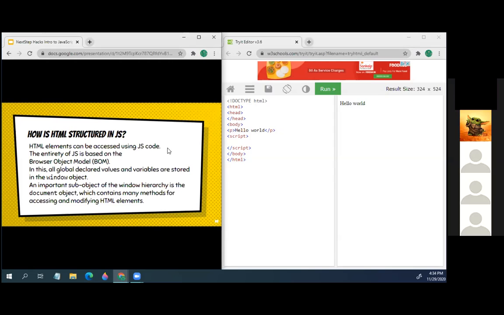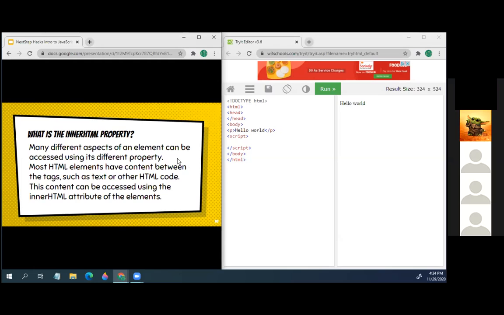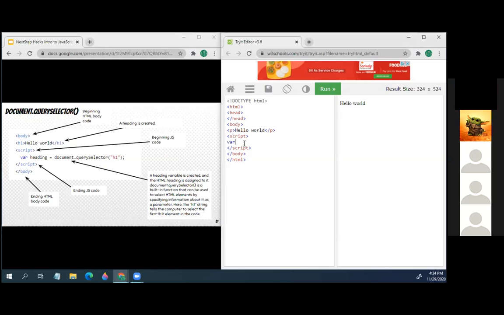So how is HTML structured in JS? Like this. So let's say we have a variable. We are going to assign it by selecting this paragraph tag. Now, how do we do that? Now, JavaScript has a lot of inbuilt functions that you can use at your disposal. One of these is